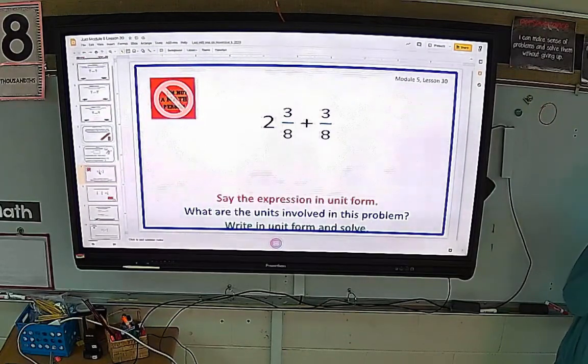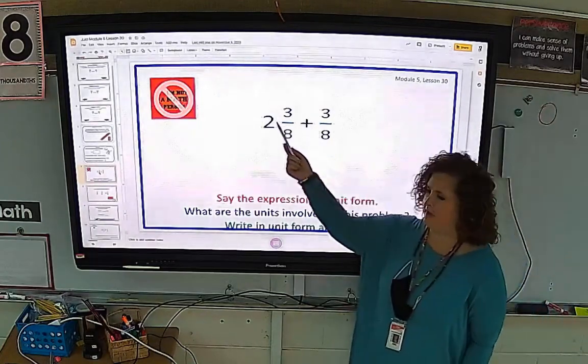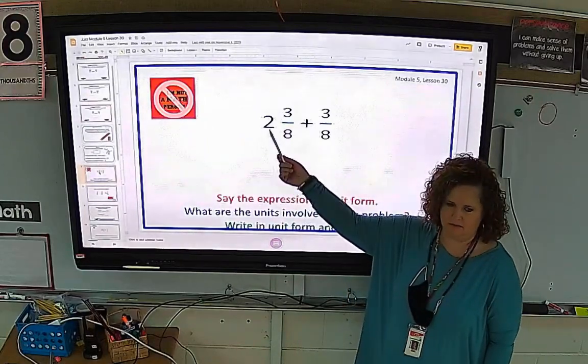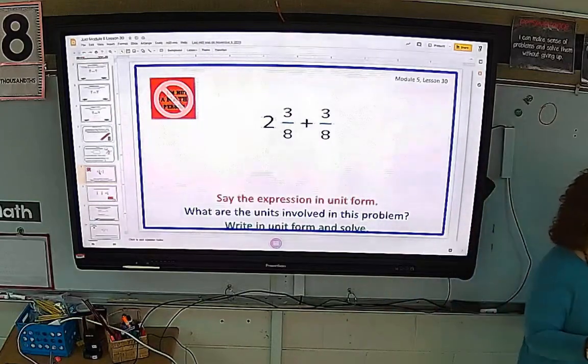1 is like 8/8, so 2 is just 8/8 and 8/8. And so you could do 8/8 plus 8/8 plus 3/8 plus 3/8. You know what you did is just the same as when we do MAD, it's 8 two times plus the 3 that are already there plus these 3 more. Okay, so